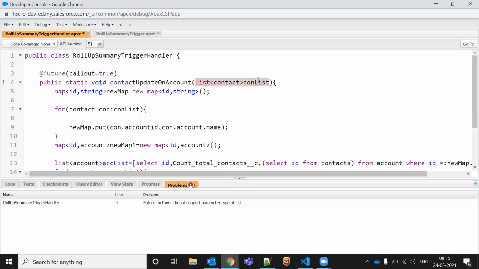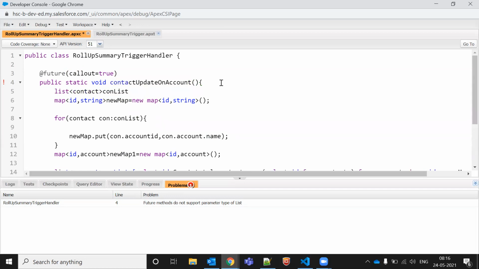So to resolve this issue, let me just create a list here, and list equal to new, and let me just pass the string here, string query, something like this.